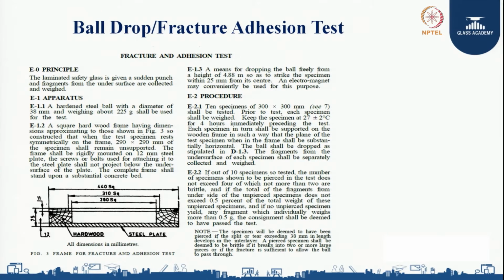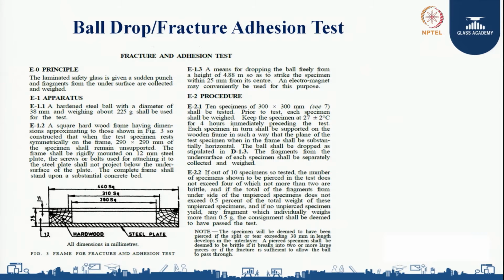The next test we do in our laboratory for lamination is the ball drop or fracture adhesion test. The purpose of the ball drop or fracture adhesion test is that the laminated glass is given a sudden punch, and fragments from the undersurface are collected and weighed. In order to set up this test, we need to have a steel ball with a 38 mm diameter weighing about 225 grams,